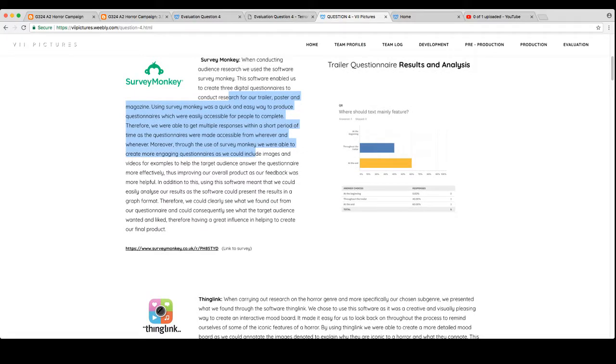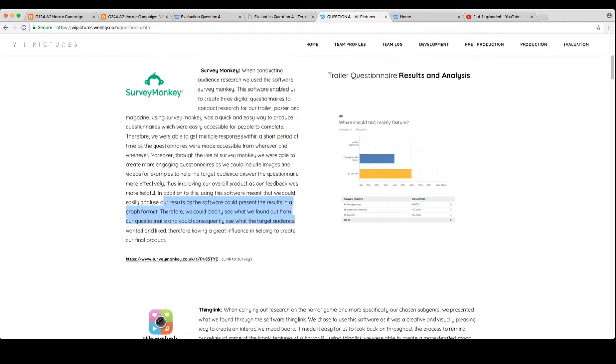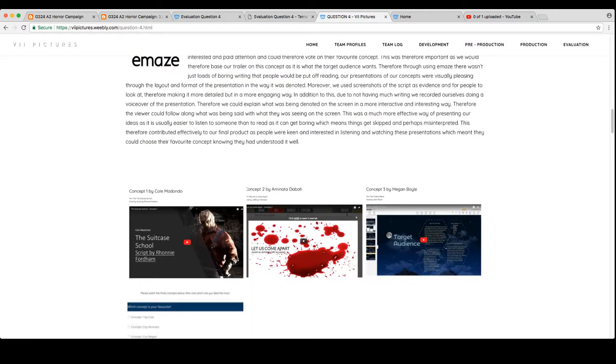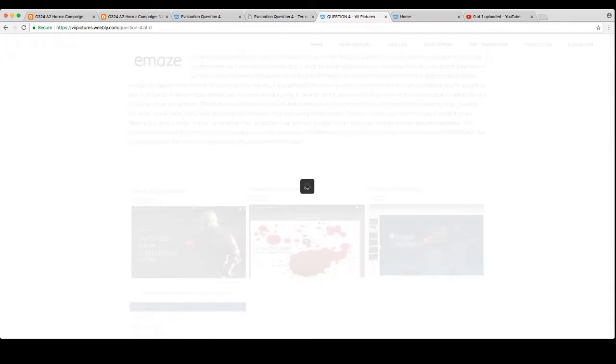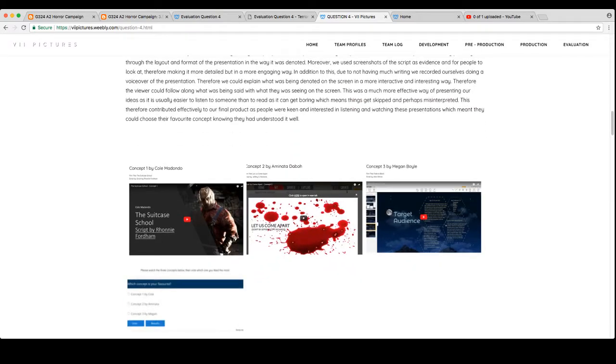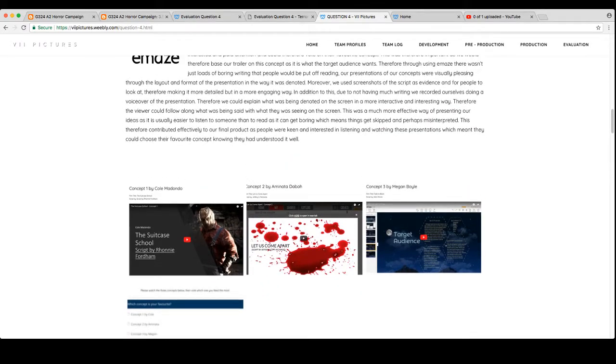And you've mentioned the fact it shows you results in graph form, very good. Next one, ThingLink, and you've got some examples here, very good, and you've talked about how you've used it. And then emails at the bottom here, very good. What you could talk about in this section, of course, is the fact that you actually added a soundtrack over this as well, where you spoke the dialogue and you used this program here, OBS, to do so